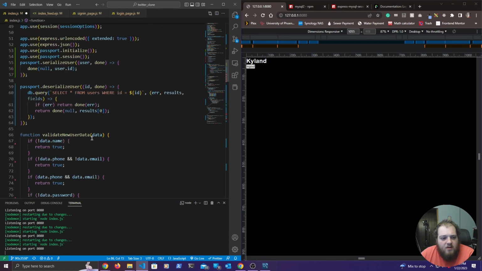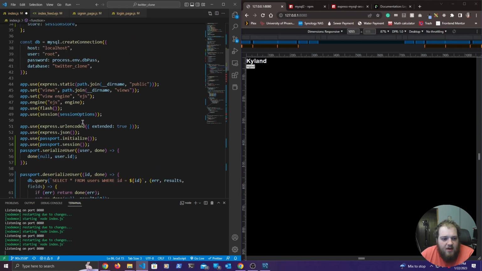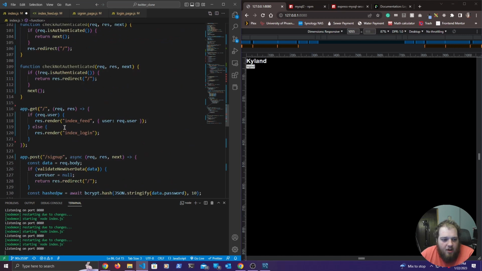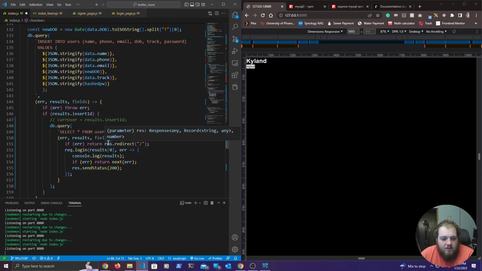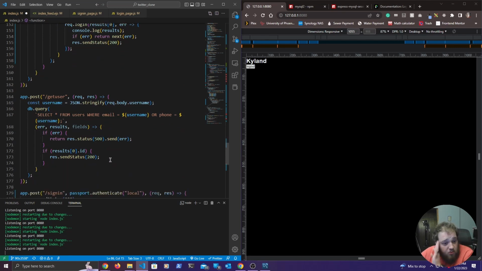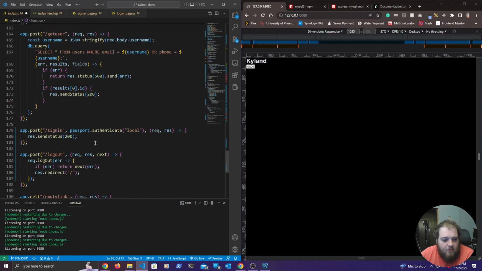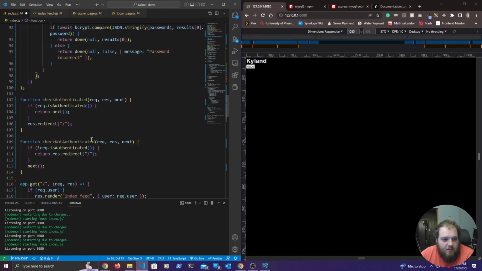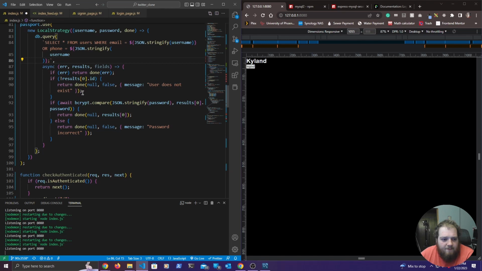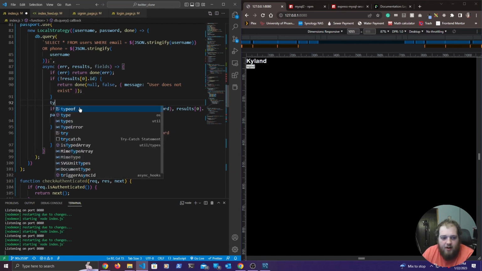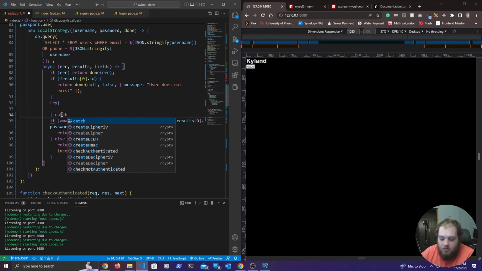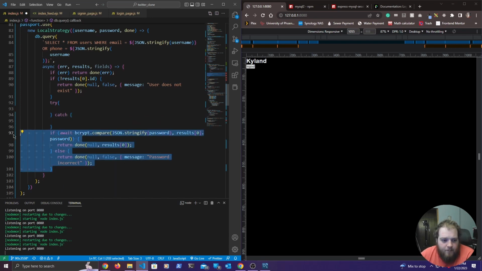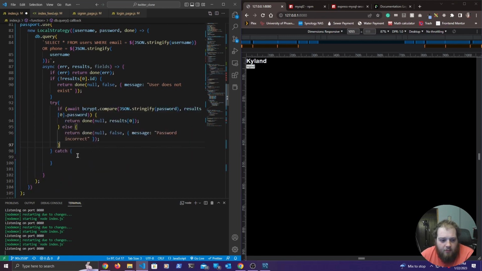What is it? I know the bcrypt stuff. Anything that I'm using bcrypt on, I need to wrap in a try-catch block, just in case. So wherever I'm using bcrypt, I need to wrap that in a try-catch. So I need to go up to the Passport.authenticate method. Yeah, right here. So we're going to wrap this in a try, and catch. Now I think we wrap that there,